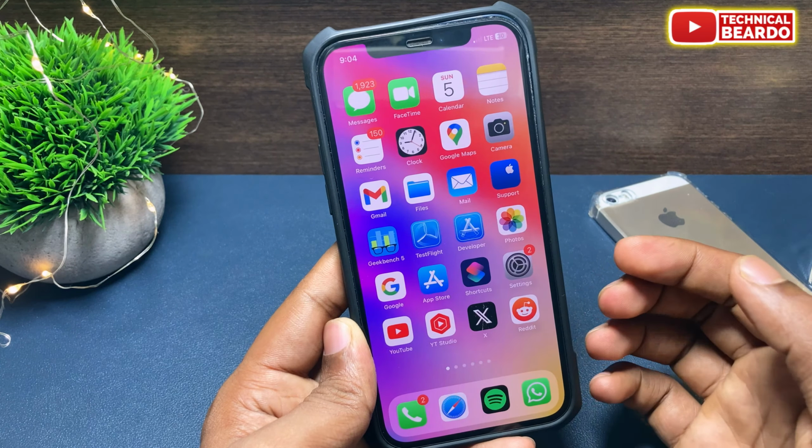If there is still an issue, then the last option is taking your iPhone to Apple support, because if there is any physical damage to your network band or SIM tray, that can be causing an issue. So just go ahead and check for a hardware issue or hardware damage. For that, visit your nearest Apple support for verifying this issue. So guys, that's it. That is all I can tell you about the issues and troubleshooting methods.